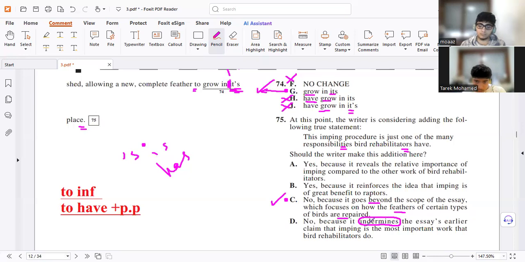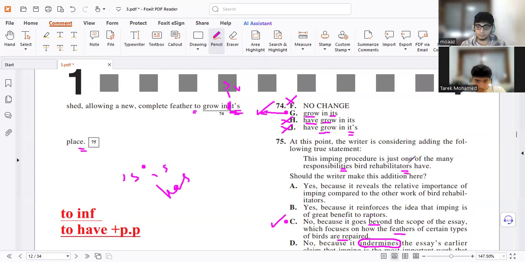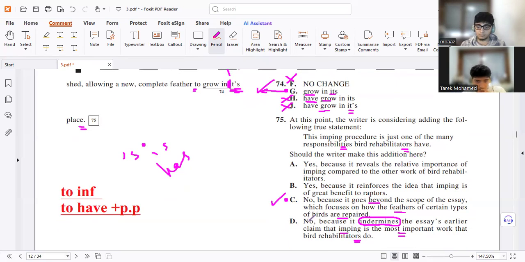Ignore, does not care, like understate or overlook, ignore something, discount something. But this information does not say that it is the most important work that a bird rehabilitator has to do. He said it's one of the responsibilities, but not important or crucial. So the main point already does not refer to the sentence. Makes sense. Now just